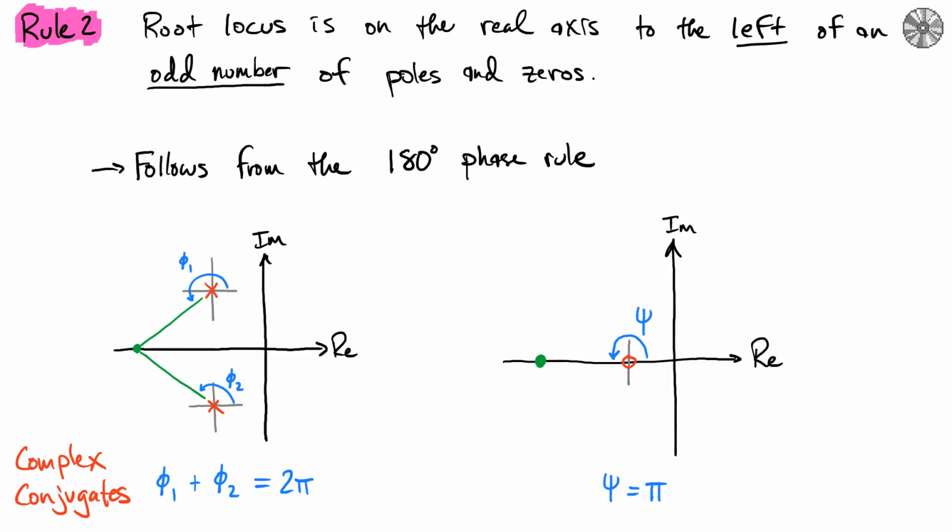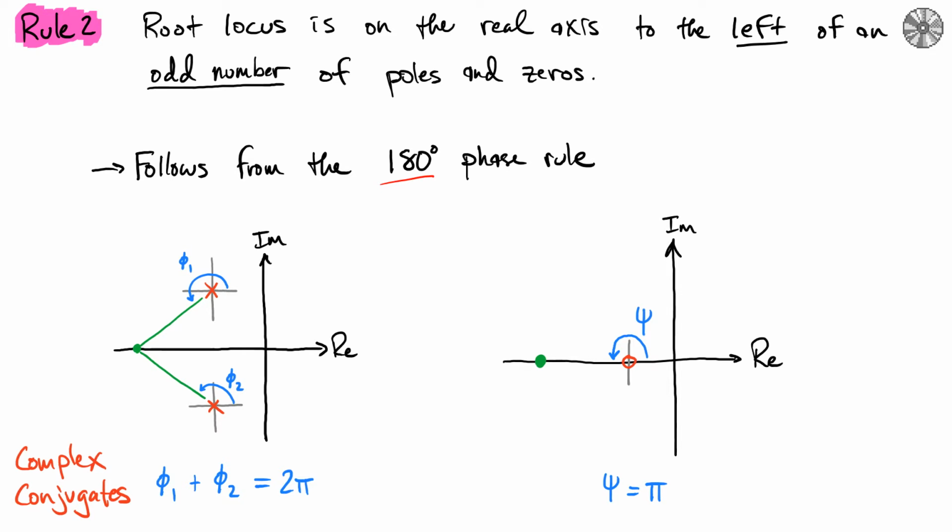The second rule is a really handy one, and it just says that the root locus, the values of S that satisfy the root locus criterion, are always on the real axis to the left of an odd number of poles or zeros. And so this is a very nice and very easy one to implement. And this really comes from this notion of the